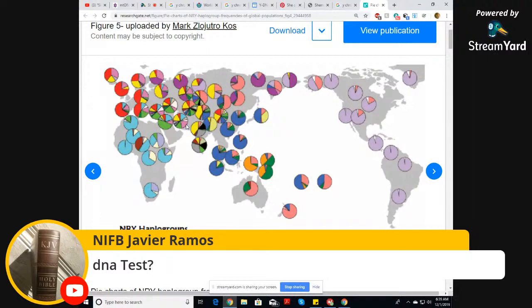So the evidence is very clear that we all originated from the cradle of civilization over here in Turkey and such. Of course, Israel is over this way, but Babylon is over this way. And it seems clear to me that this is the region where everyone came from, and people spread out from there after the Tower of Babel,